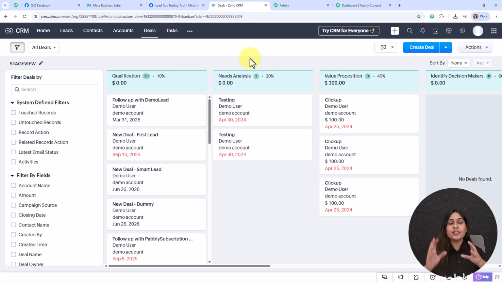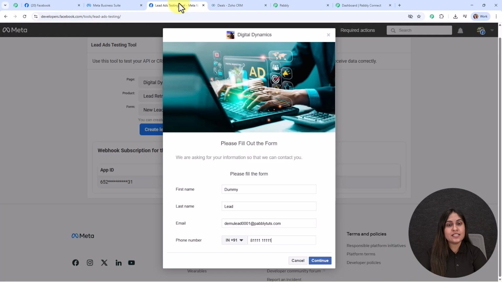So now here I've already built an automation where I've connected my Facebook lead ads with my Zoho CRM using an automation software. And now firstly in this video, we are going to see the working of this amazing automation to understand the entire process more clearly. So now here to see the working of this automation, we are going to generate a test lead inside our Facebook lead ad. And here to generate the test lead, let me take you to Lead Ads Testing Tool by